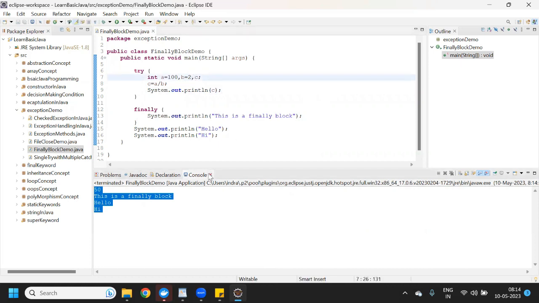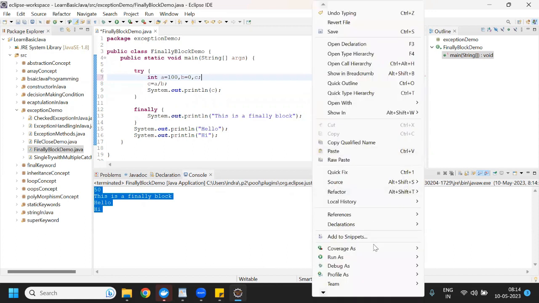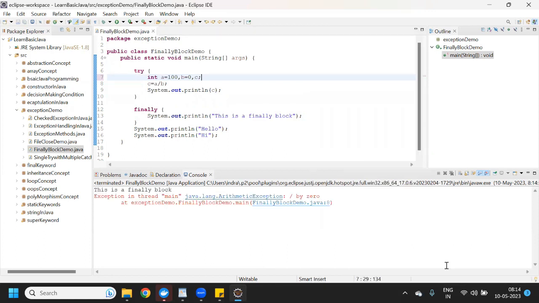But if I break this program now, see, it doesn't matter whether your program is throwing an exception or not.